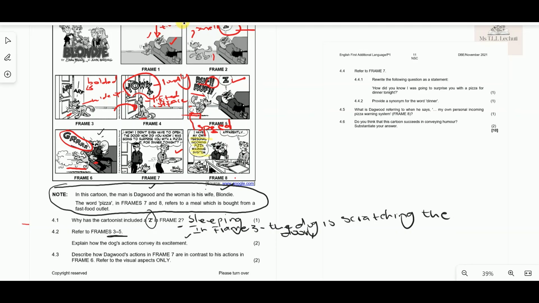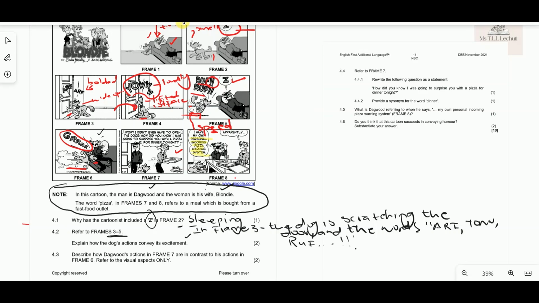You are not only going to talk about one thing. You go to the words and you say, and the words, right? You can quote those barking words, ARF, you can talk about that, right? And then you can also talk about "rough" bolded with an exclamation mark. And in frame 5, the dog's tail is lifted up to show that it's running. So can you see that we've got rich evidence across the 3 frames